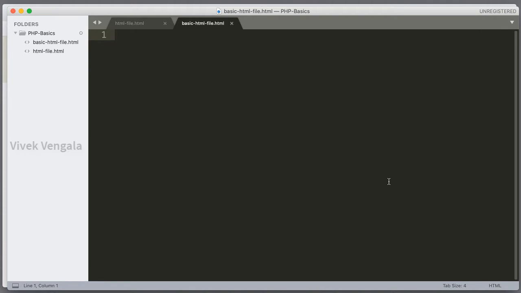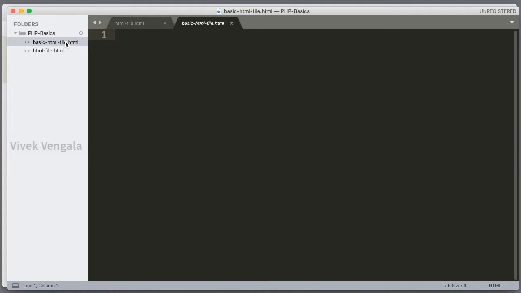As for editors, here I'm using Sublime Text Editor. You can choose a lot of other editors and IDEs like NetBeans. If you are on Windows and want a lightweight application, you can use Notepad++. I'm going to put a link in the description for selecting a PHP editor, so that you can go through all the available PHP editors and choose one that best suits you. You can use Sublime Text. It's lightweight and easy to use.